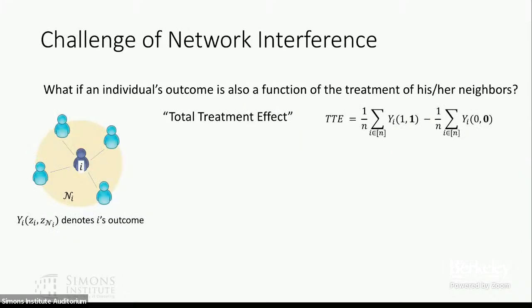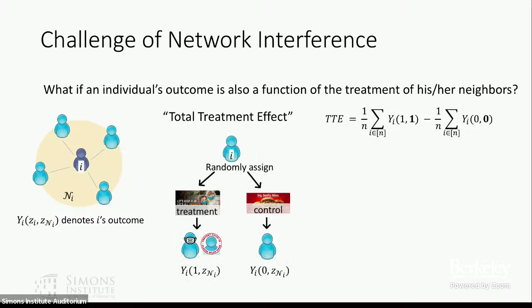And so, just to be clear about what the challenge is, now once we introduce network interference, we have to update the notation. So the potential outcomes function here, y_i, is now a function not only of my treatment, but also the treatment of everyone else. So here, the total treatment effect now is the difference between the average outcomes if everyone's treated minus everyone's